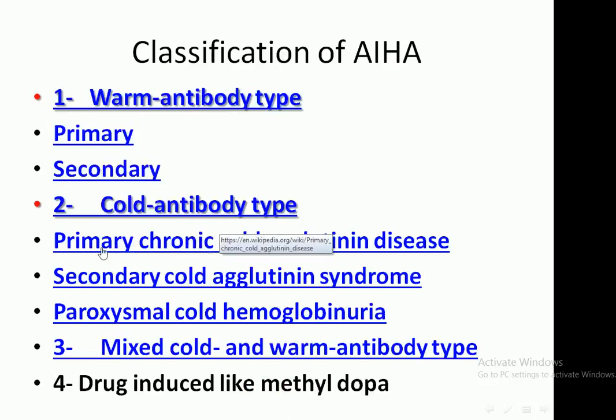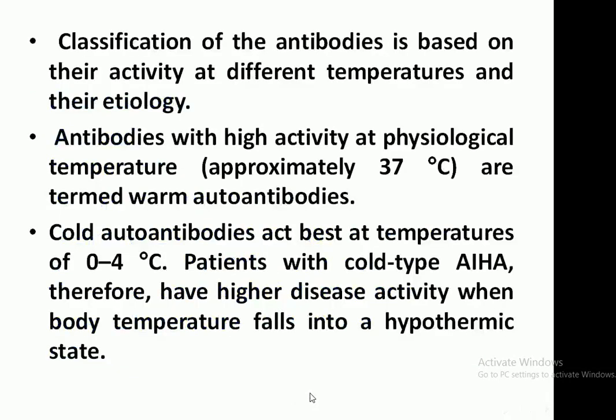and the cold type, which includes the primary chronic cold agglutinin disease, the secondary cold agglutinin syndrome, and paroxysmal cold hemoglobinuria, and the mixed cold and warm antibody type. The third and fourth are drug-induced, like methyldopa, a drug used in the treatment of hypertension. The classification of the antibodies is based on the activity at different temperatures and their etiology,